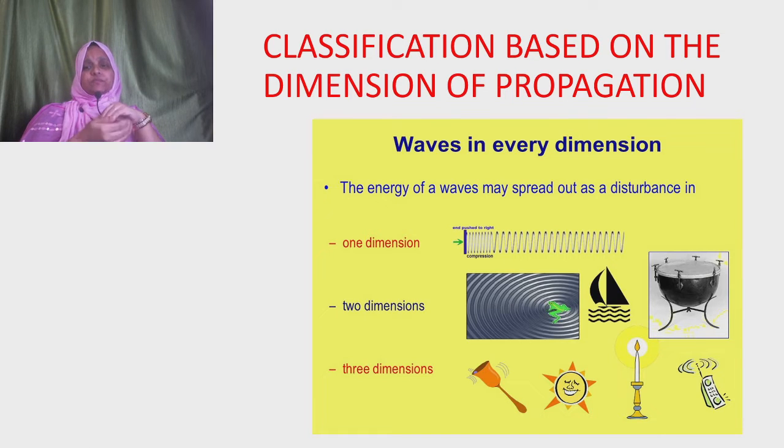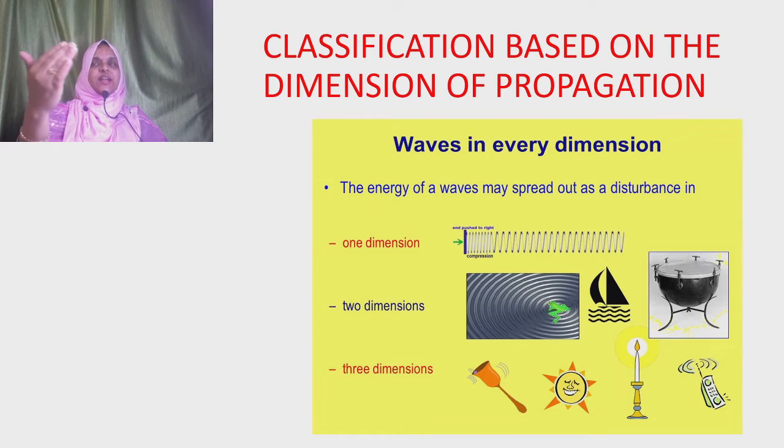Then finally we have three-dimensional waves. Three-dimensional waves are waves which are propagated through three-dimensional medium. Three-dimensional medium, we have many examples. All the electromagnetic waves, they are propagating along three-dimensional medium. Then light from a candle, then the microwaves, radio waves, all the electromagnetic waves are transmitted through three-dimensional mediums. Then our sound wave, all are examples of three-dimensional waves. So waves can be classified based on the dimension of the propagating medium into one dimension, two dimension and three dimensional waves.